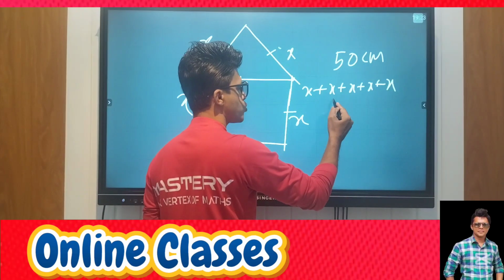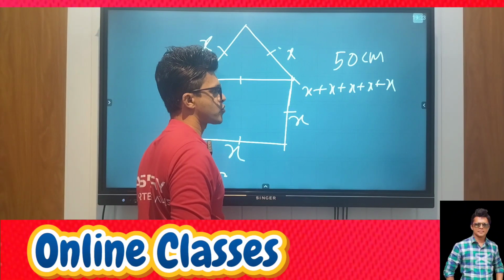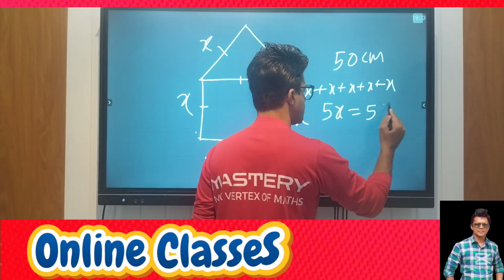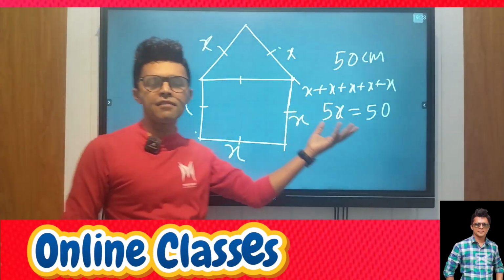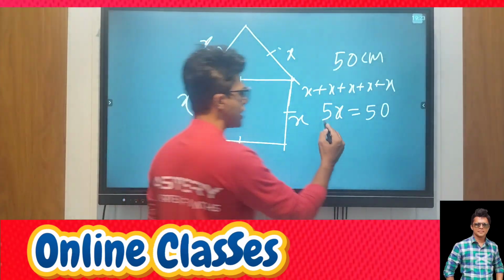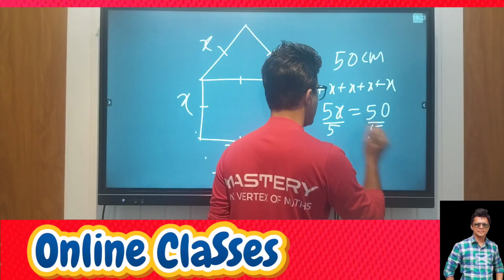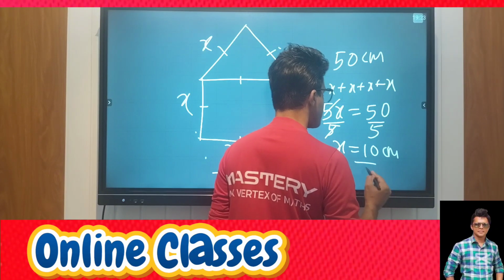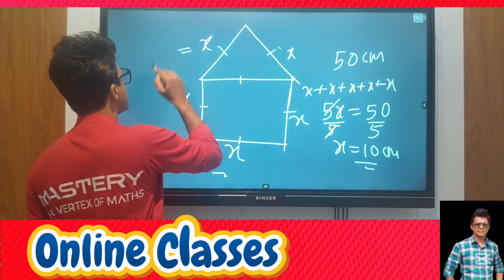Then x plus x is 2x, 2x plus x is 3x, 3x plus x is 4x, 4x plus x is 5x. So 5x equals 50. And this is an equation. So here it is multiplication, therefore both sides are divided by 5. So the value of x can be taken as 10 cm, which means a side of the equilateral